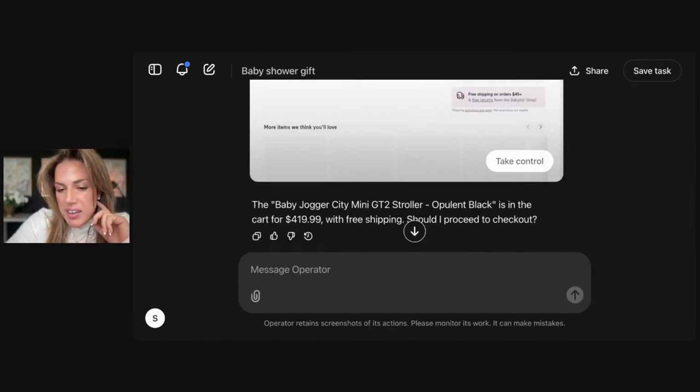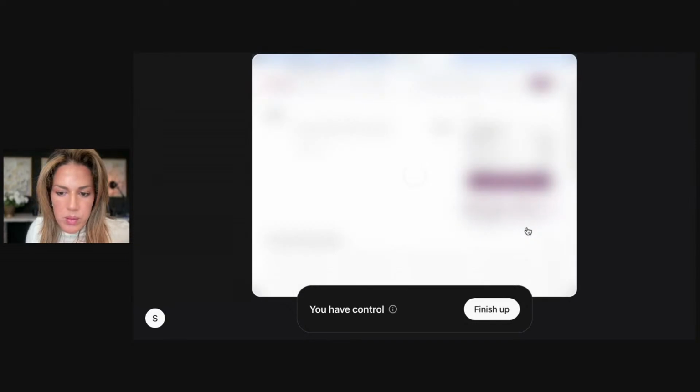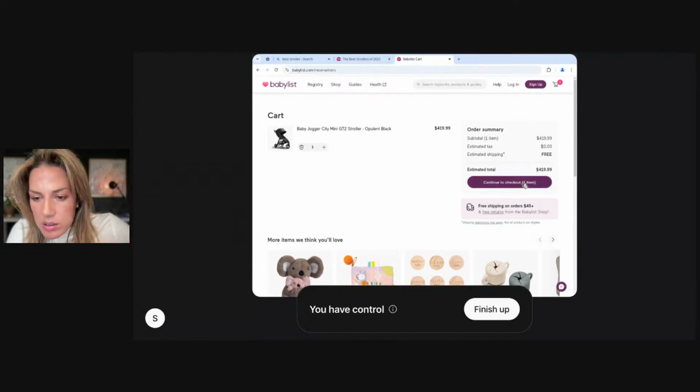And here you could take control. So I could go into the browser. So I'm going to take control. I could go into the browser and log in or whatever. For example, I've logged into a few of the social media platforms that it allows. And you have to take control. You just take control and log in. So as you can see here, the little hand